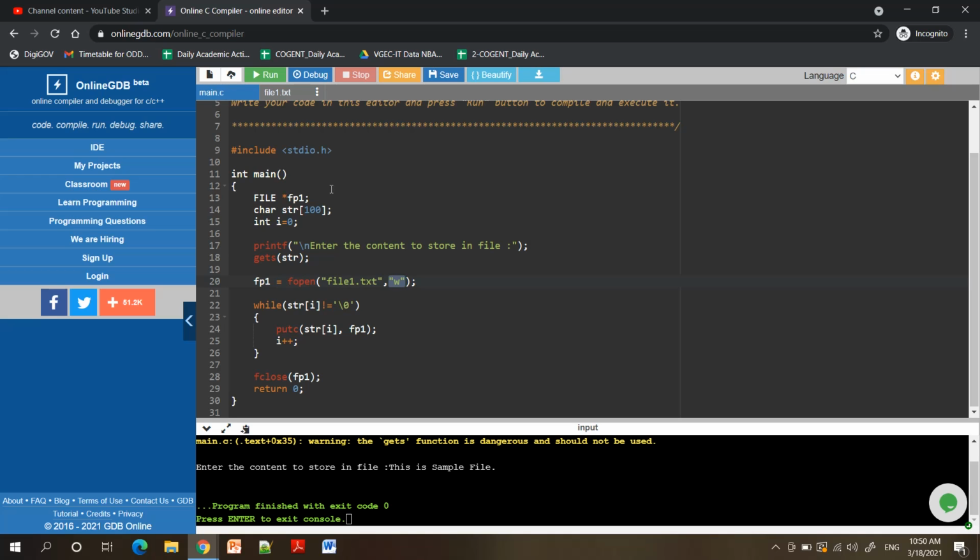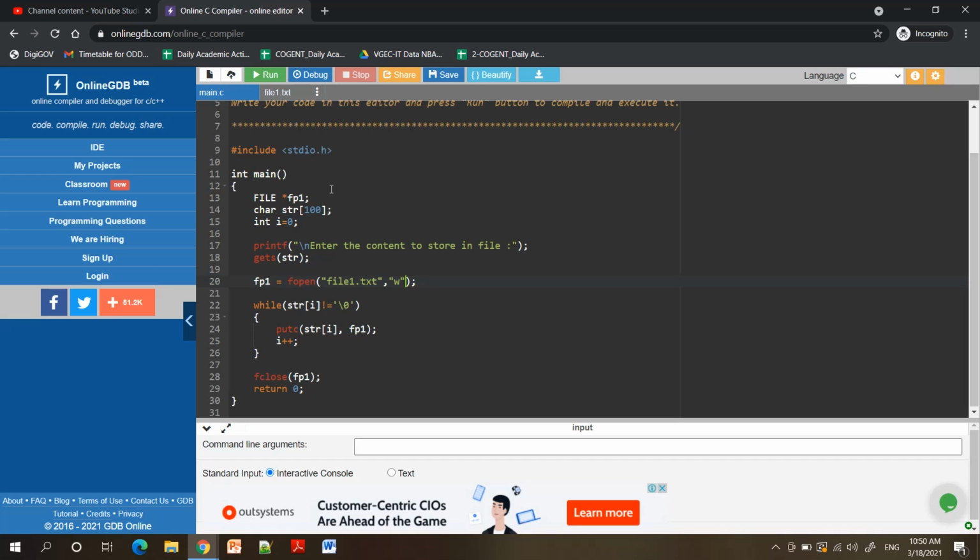Now let us take note that when we open a file in write mode, if the file does not exist, it will be created automatically and it will be ready so that we can write into that file.